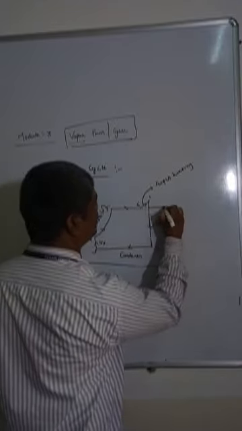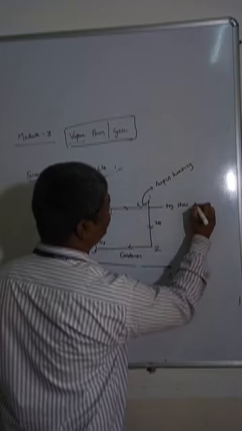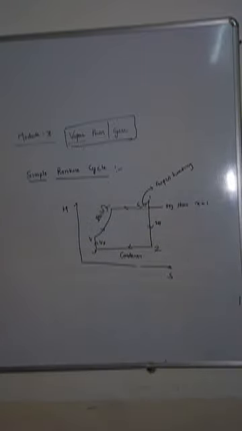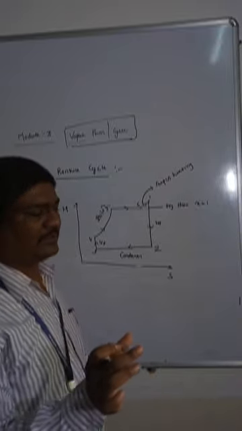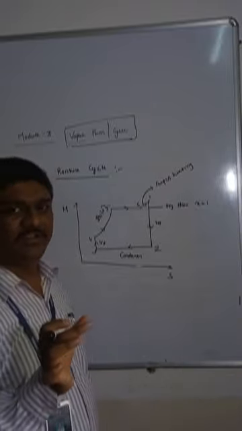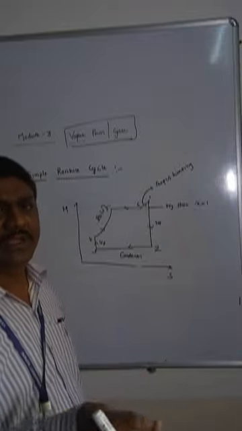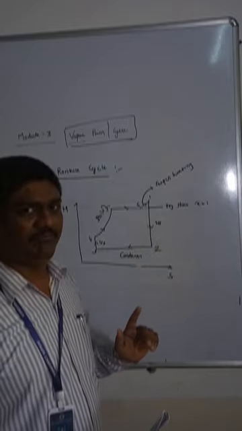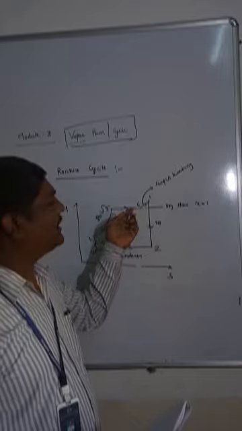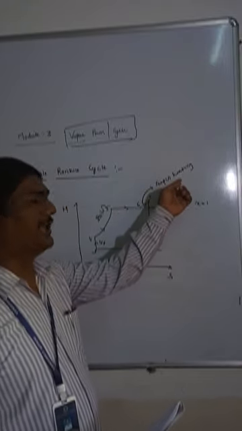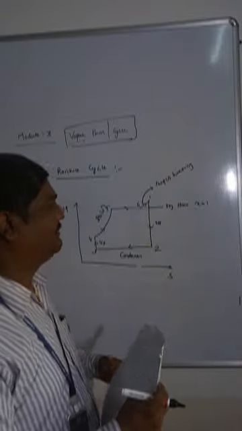So at this point it is dry steam, means dryness fraction is equal to 1. What is dryness fraction? Suppose I take 1 kg of steam, and if it is fully 100% steam with no water particles, then it is called dry steam, right? If you take that dry steam at point 6 and again heat it, it becomes superheated. So if you want to find the properties of superheated steam, you have a different chart in the steam table.